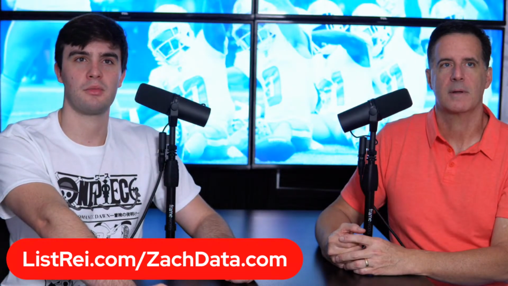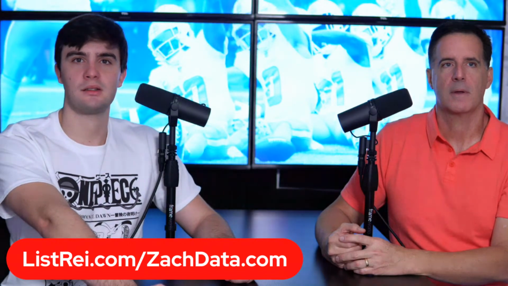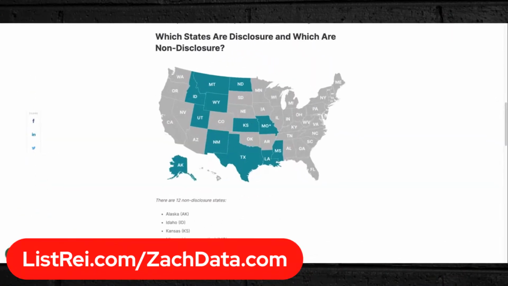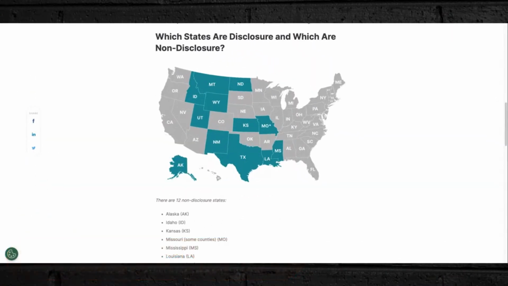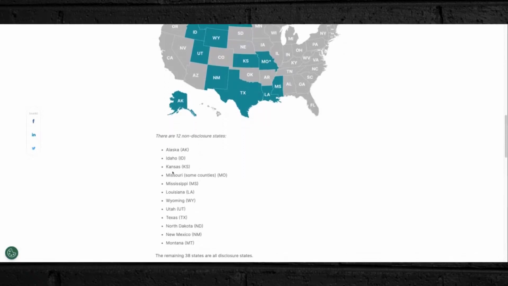PropStream makes it pretty simple to look it up. Here we go. Let me show you what the non-disclosure states are. These are the states that basically don't disclose it. We've got Alaska, Idaho, Kansas, Missouri, some counties, Mississippi, Louisiana, Wyoming, Utah, Texas, North Dakota, New Mexico, Montana,